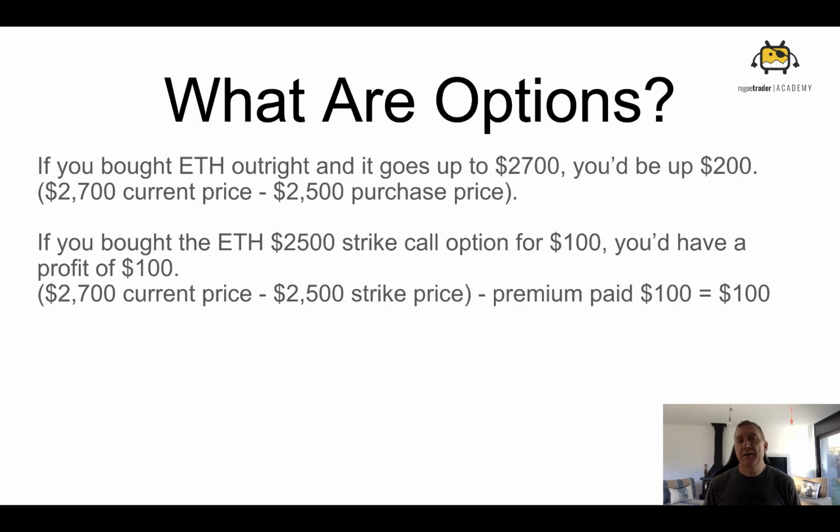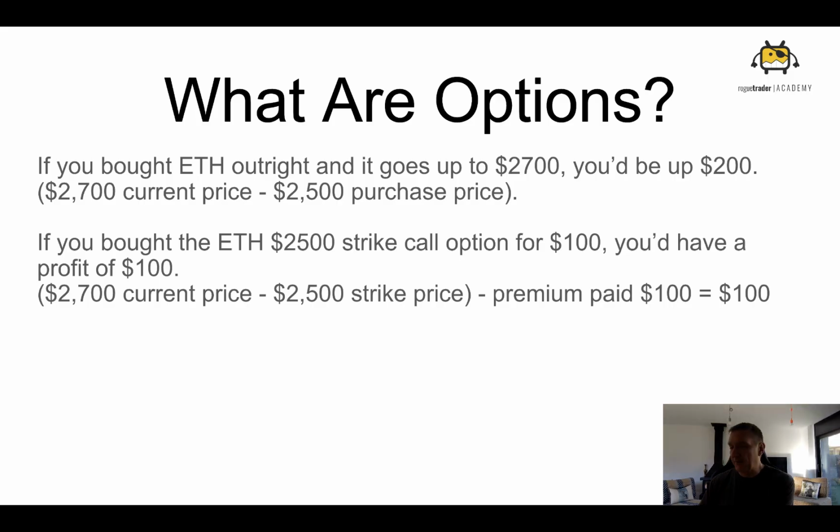So if you bought that Ethereum outright, you took the cash out of your pocket, or you had USDT or whatever in some exchange, you could buy that Ether outright. And if it goes up a couple $100, up to $2,700, you'd be up $200. I mean, that's fantastic, right? So it's worth $2,700. You bought it for $2,500. You're up $200. Wonderful. Now, if you bought, let's say, that Ether call option for $100, you'd be up $100,